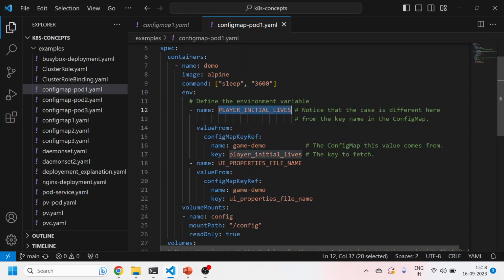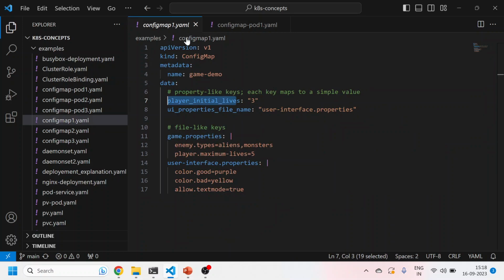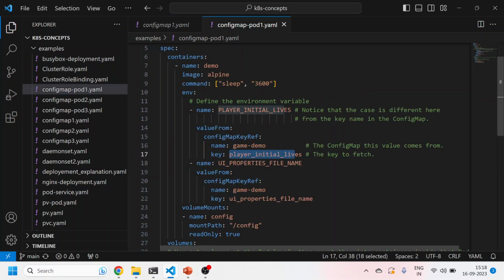Now this is the first variable, and this variable's value will be fetched from a config map. This is how we call a config map into our container. It will be called from a config map called game demo, and this is the key which it will look into. So player initial lives will be fetched from this,